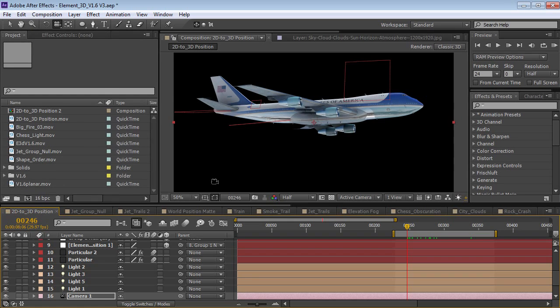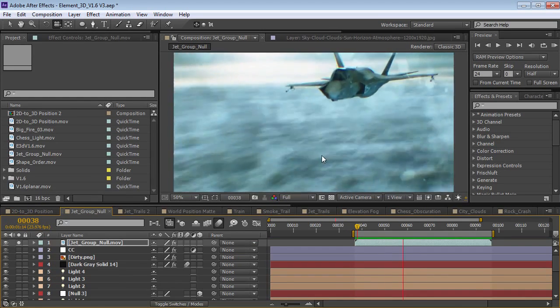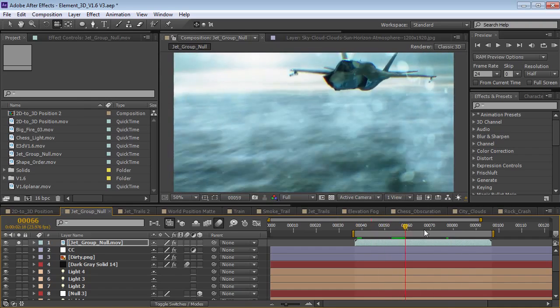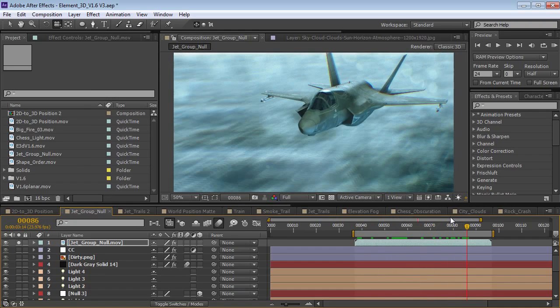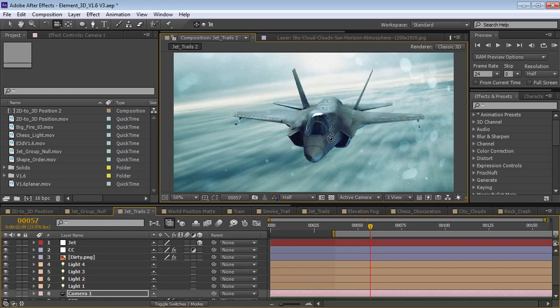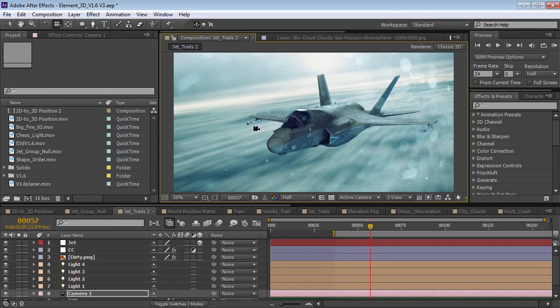All right, let's go and take a look at another new feature. Here we've got a jet flying by, and it's looking pretty cool, but what if this jet also had some missiles that could shoot off? Well, let's go and take a look at an example here. So I've got this jet, and I want to attach another missile that I can maybe animate firing off of